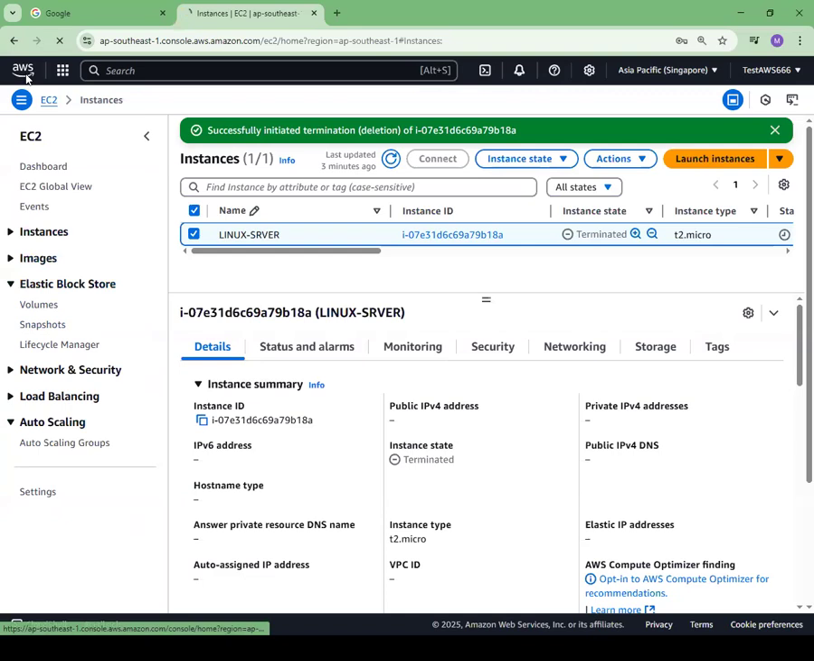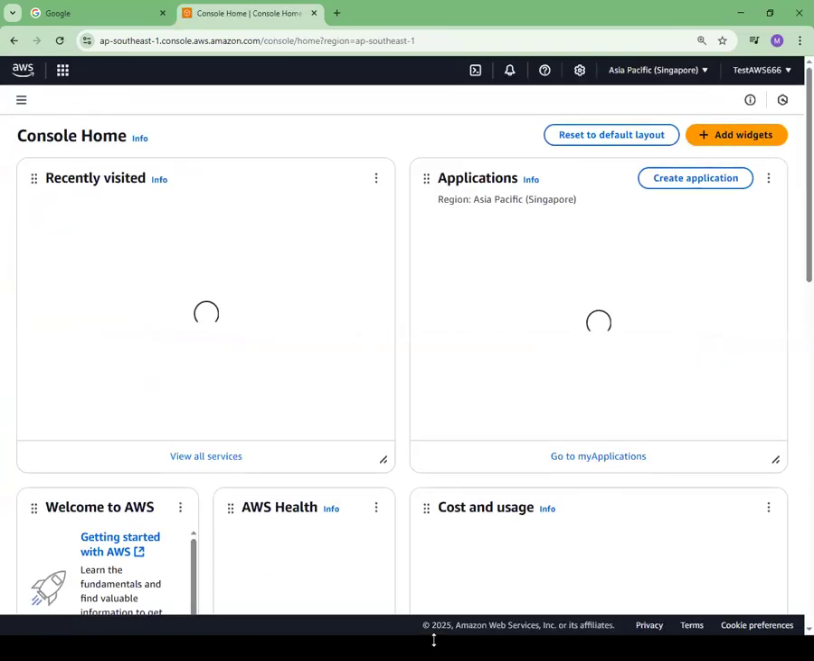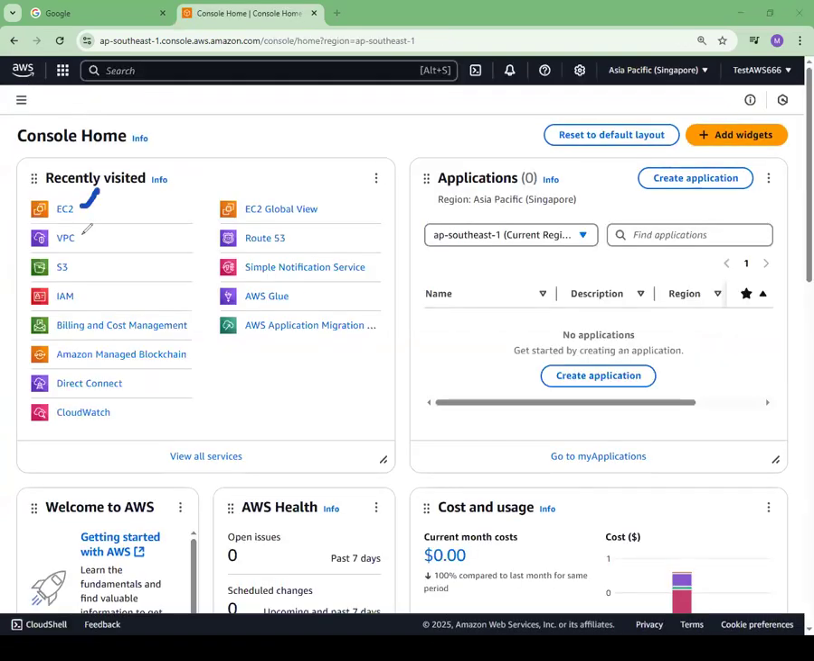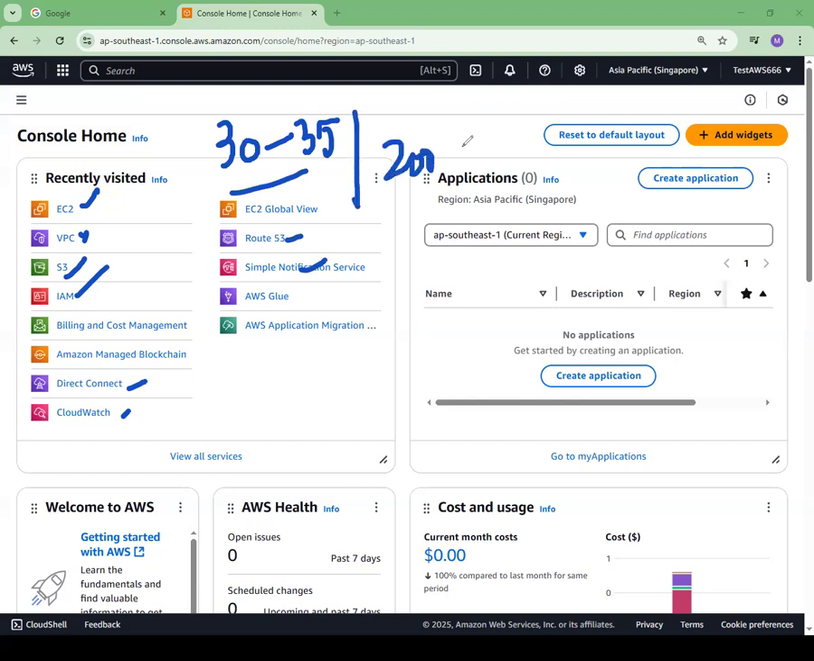See, if I just go to the main board here, we are learning services like EC2, VPC, S3, IAM, Direct Connect, CloudWatch, Route 53, SNS. We are learning all these services. One person, can they manage all the services? No. Maybe we need, let's say, 30 to 35 people in a small company to manage all the services. If you go with a big company, maybe they need 200 to, let's say, 300 cloud administrators to manage the